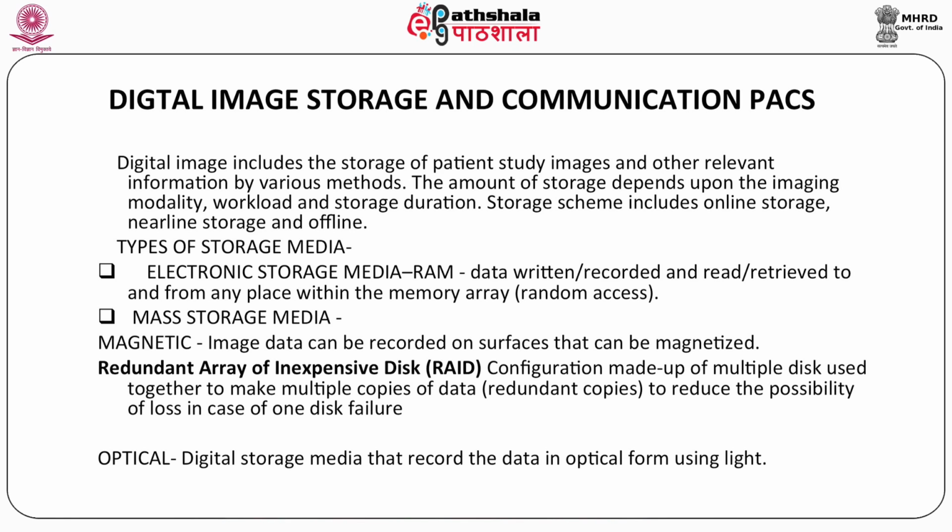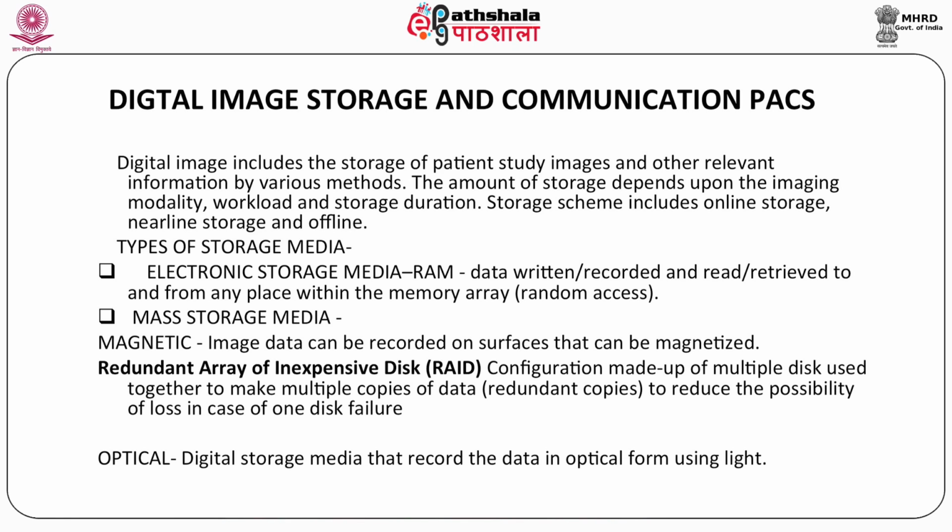Types of storage media are electronic RAM, random access memory. Data can be written, recorded and read out, retrieved to and fro from any place within the memory array. RAM is used to store images and other data in the short term while the images are being recorded, reconstructed, processed and displayed. Then mass storage media, magnetic